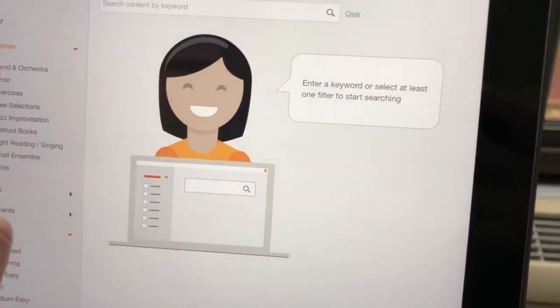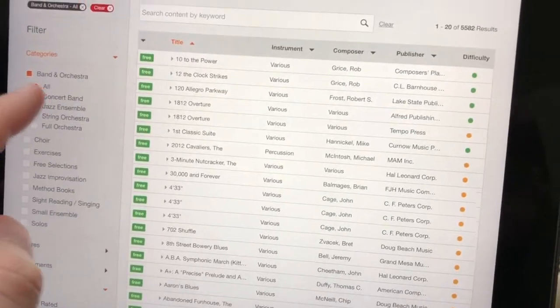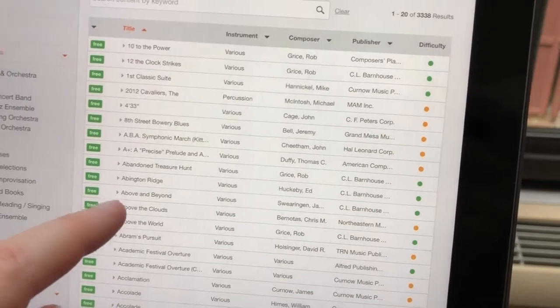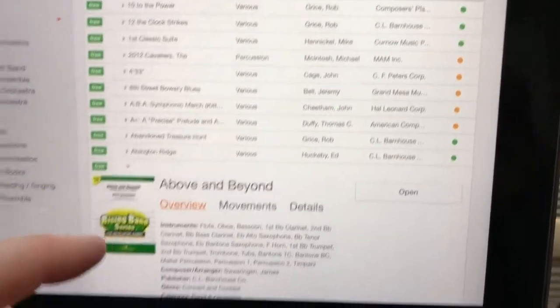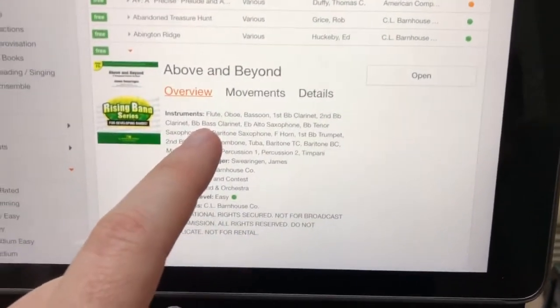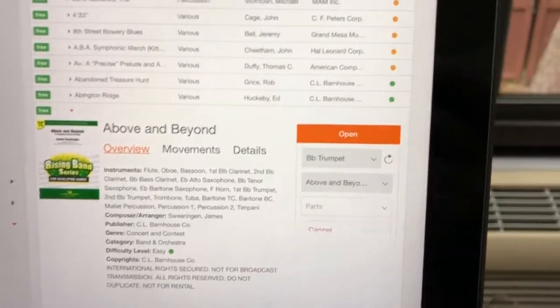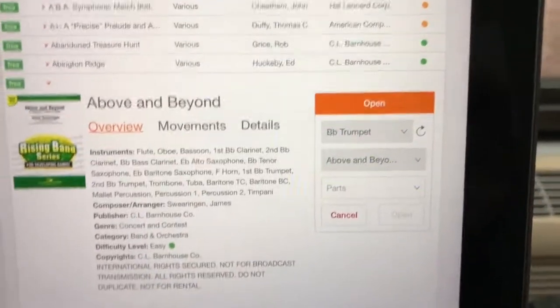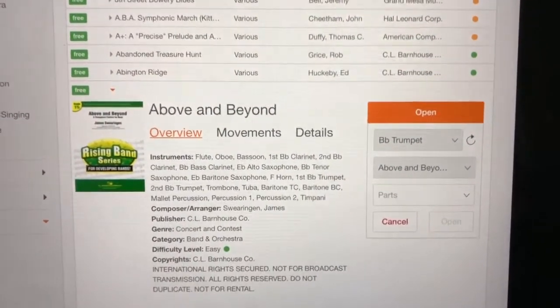what to do when you actually pick one. So let's do Above and Beyond. This is that piece that 8th grade played. I'm gonna open it. Now you might get this interface here. I can't open it yet because this particular piece has